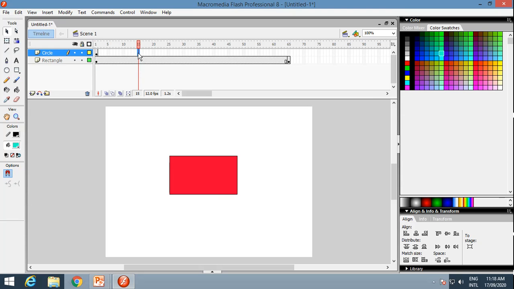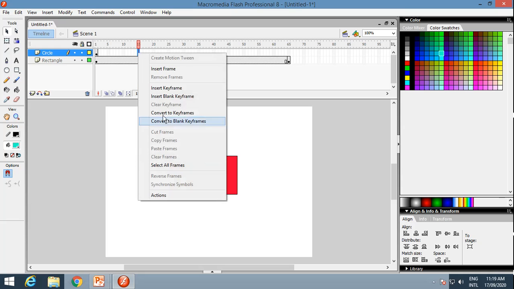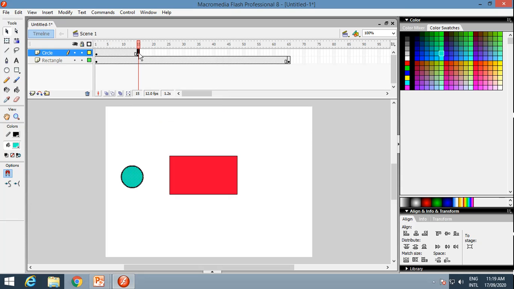The shortcut key from keyboard is F6, or you can just right click and select convert to keyframe. Now see, this is the keyframe. Now you have to move your object to another location. Now see, on first frame it is on this place, on next keyframe it is here.